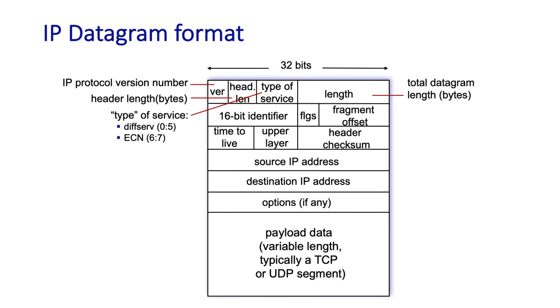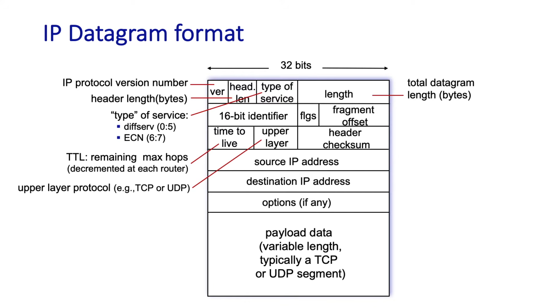The remaining 6 type of service bits are used to differentiate among different classes of traffic, which can then be given different service based on their traffic class, using the buffering and scheduling algorithms we just studied in the previous section. The TTL field is a counter that's decremented by 1 each time a datagram passes through a router. If the TTL count ever reaches 0, the datagram must be dropped at the router, and so the TTL field